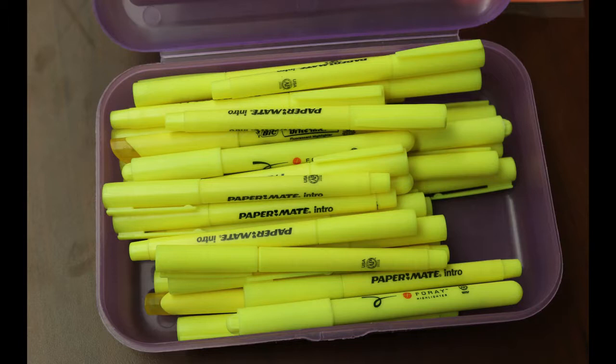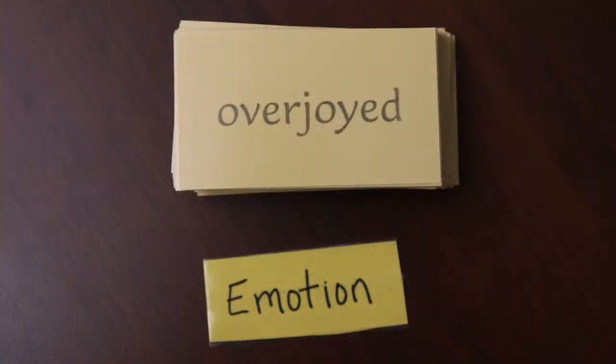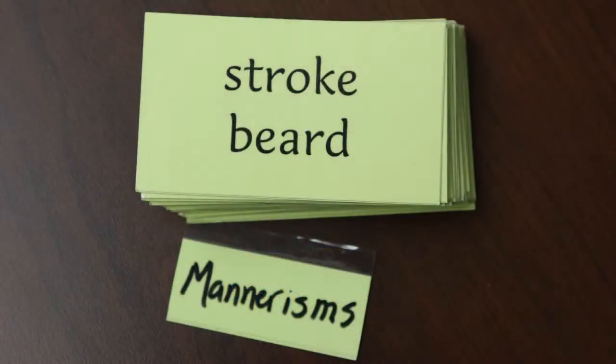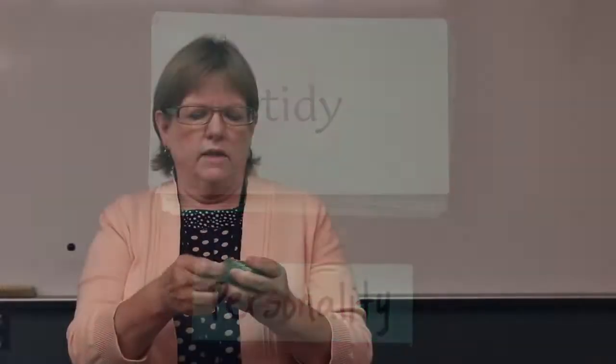I have a pencil box and a box of highlighters, because you're going to want highlighters to highlight scripts. I also have character cards that I play a lot of activities with. So these I have personality cards, and they have things in them like demure. Some of these words you might have to explain to kids. Paranoid, talkative. So they're all different personality ones,